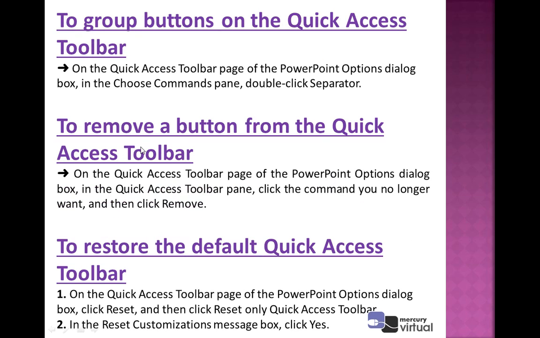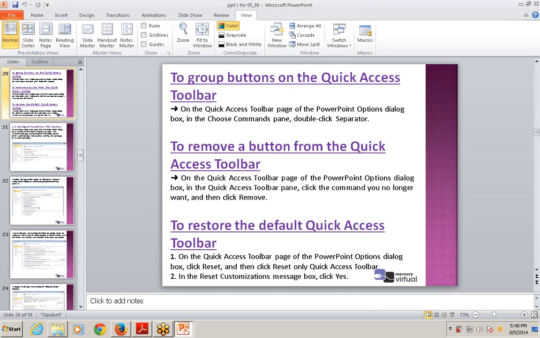How to remove a button: simply go to the quick access toolbar box, click the command and then click remove. And how to restore, simply press the reset button. Click on reset and then click reset only quick access toolbar. In the reset customization message box, click yes, and you get the default quick access toolbar that is already available for the PowerPoint presentation. So now let's see in a practical way how we can use the quick access toolbar